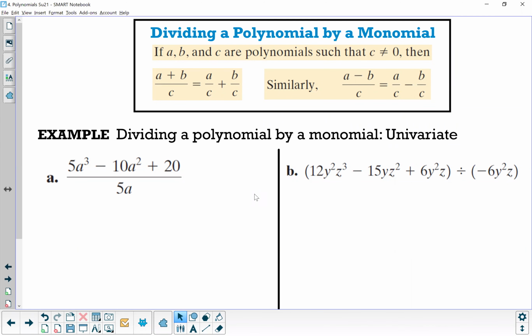So we are looking at dividing a polynomial by a monomial. And we have here in our numerator 5a cubed minus 10a squared plus 20 divided by, in our denominator, 5a. And so the easiest way to tackle something like this is probably just to write three fractions here. Since we have three terms in the numerator, we can write three separate fractions, which would give us